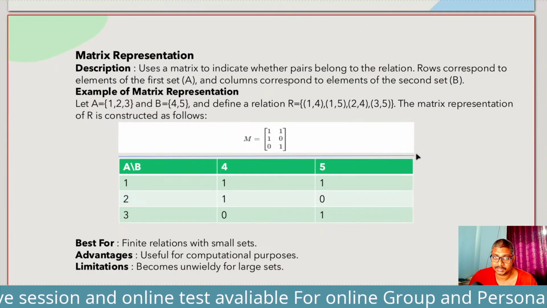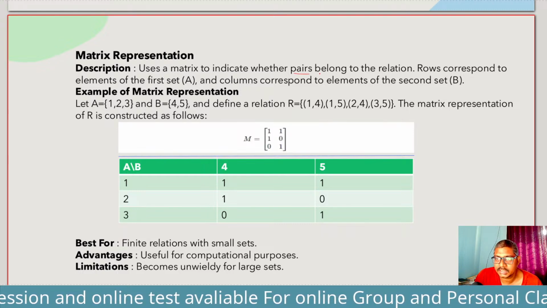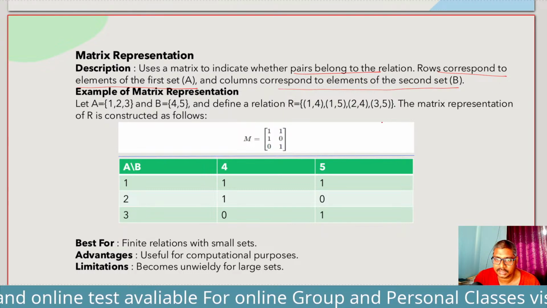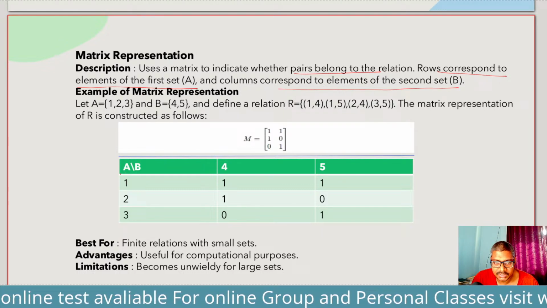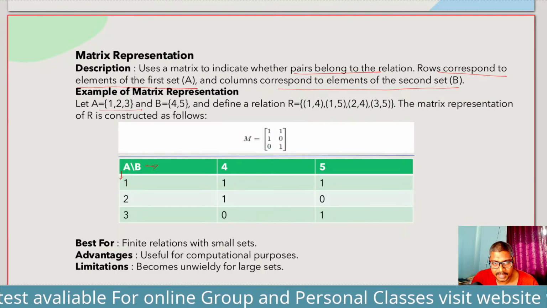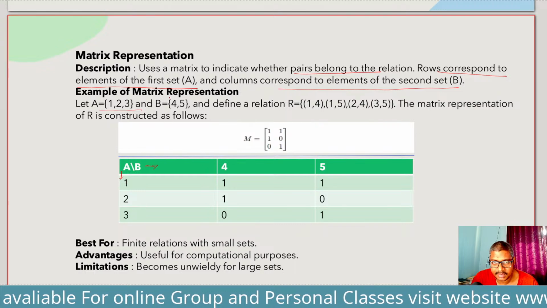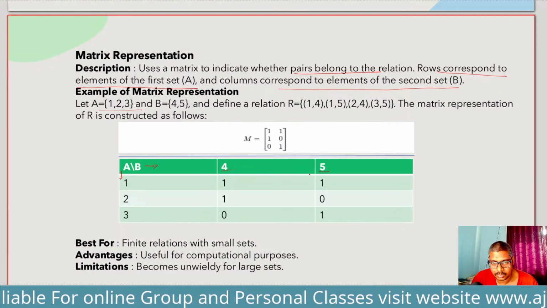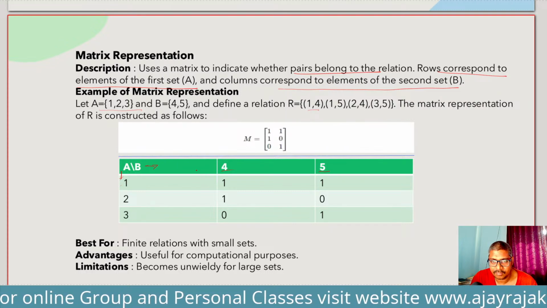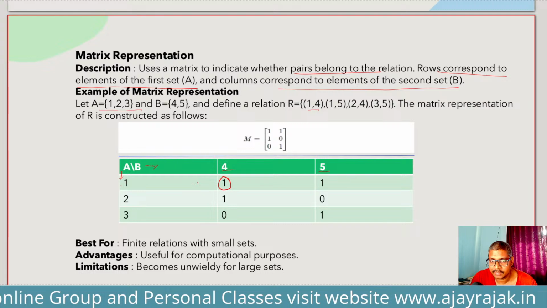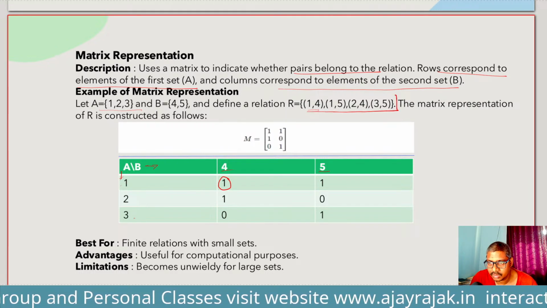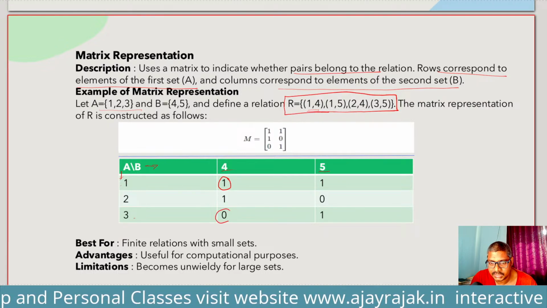Then there comes the matrix representation. So pairs belong to the relation, rows correspond to the elements of the first set, and columns correspond to the elements of the second set. So you can see here this A is representing your column and B is the row side. So if we have elements of A, 1 2 3, in our column and B, 4 5, in our row, the relation is 1 4. So 1 and 4 are related, so we are taking the value 1. Suppose 3 and 4 are not related in ours, can you see anywhere 3 and 4? No, in the relation we do not have 3 and 4, so we will represent it as 0